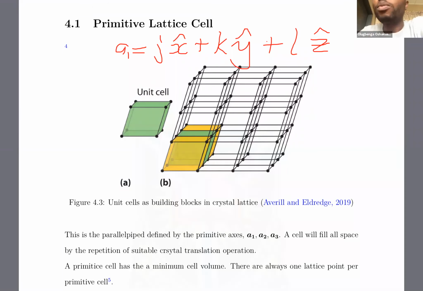So this A1 is a vector. A1 is a vector. So when you look at this particular unit cell, fine,